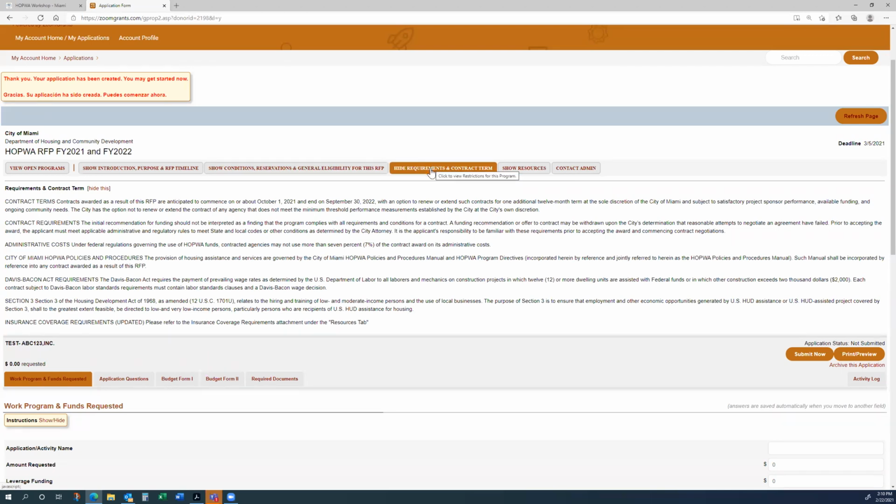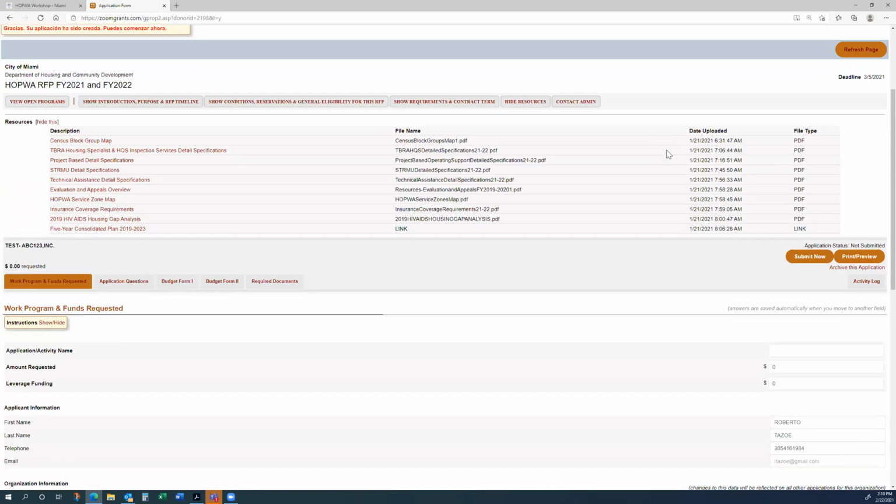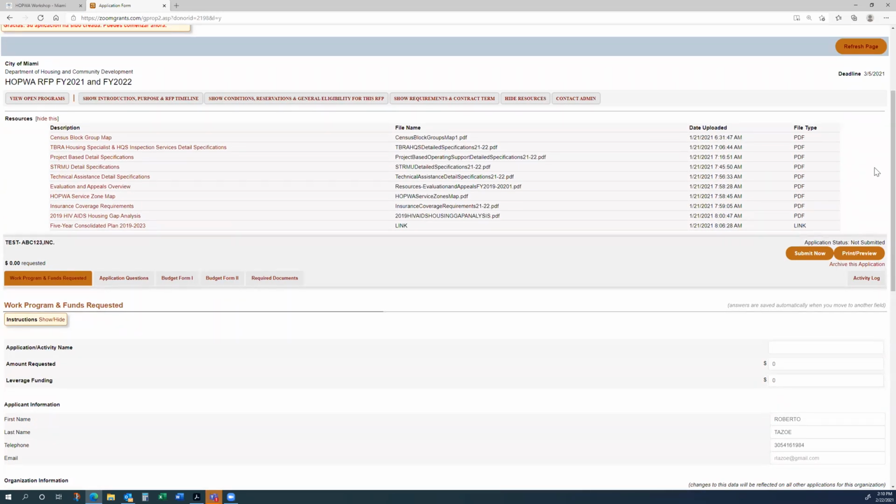Okay, so I leave all these requirements and contract terms for you to review at your own time. And here we start with the actual application. There are some documents that we've uploaded into this Zoom Grants application, and those are in the resource tab. You're going to have the block group map for the city for Miami-Dade County as far as the different areas that we have for the tenant-based rental assistance service. You have the tenant-based rental assistance, housing specialist, and HQS inspection services detailed specs, the project-based detailed specs, the STRMU